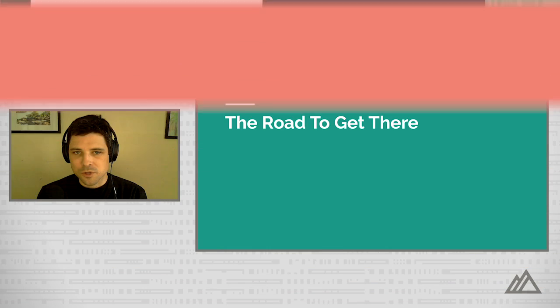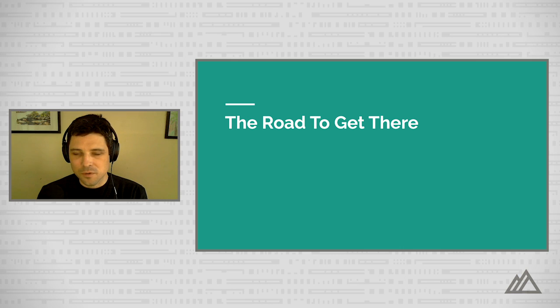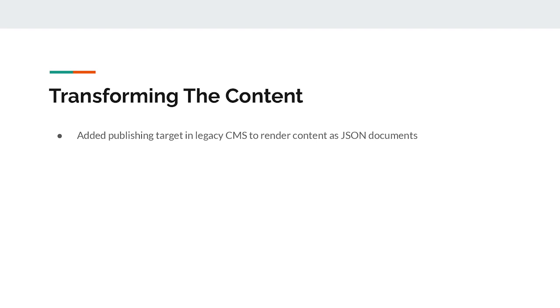We can handle those aspects using Fastly directly. So in order to transition from the old system to the new system, we want to be able to carry all of that existing content forward into the new platform because there's a lot of value to be had there. So in order to be able to make that transition, we've added a new publishing target in the legacy CMS